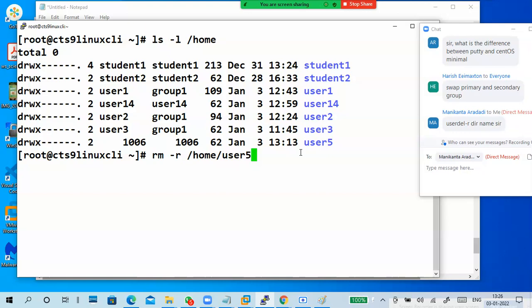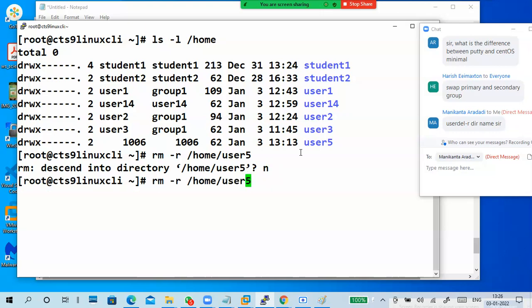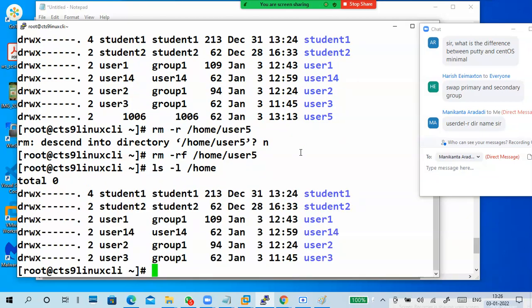Always. Okay, so I learned this one means only this one? No, no, no. It is not like that. There is always a connectivity. So it is asking, do you really want to descend into the directory, kind of stuff? So no. What I'm going to do is I'm using f. I'm using f to forcibly delete it. Don't ask me any question, delete it. So now you see, f is useful. If you don't use f, it asks a question. If you use f, it doesn't ask a question, it will delete.